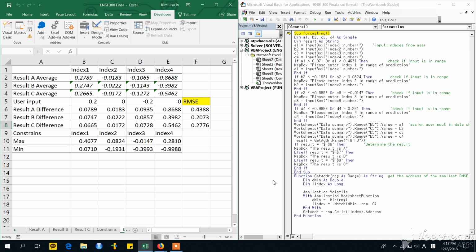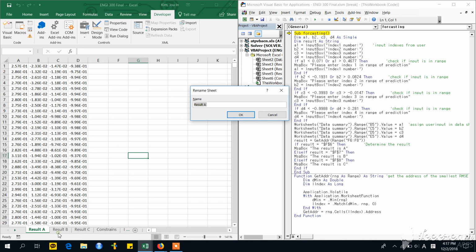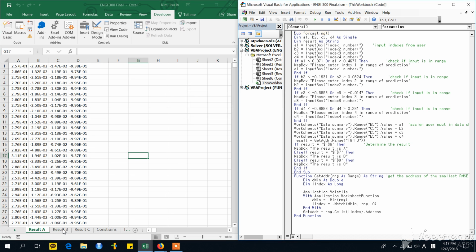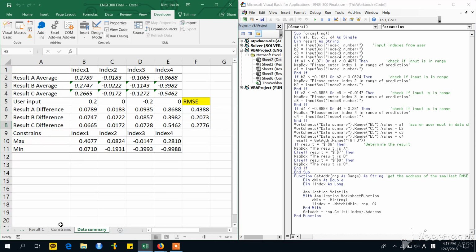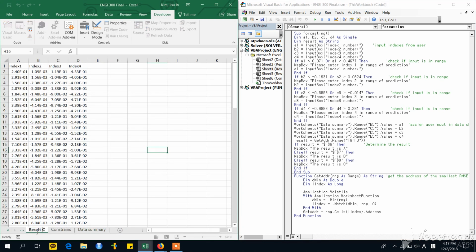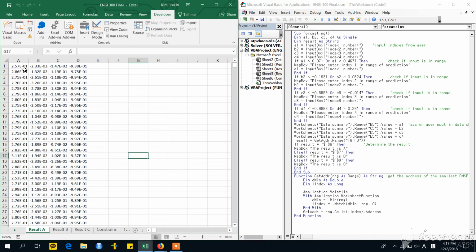I'm going to talk about the Excel file we use to implement the machine learning based on the article that we have. There are three data sets, the training data sets that we use for our machine learning method: result A, result B, and result C. Each one has 100 rows of data, and there are four indexes